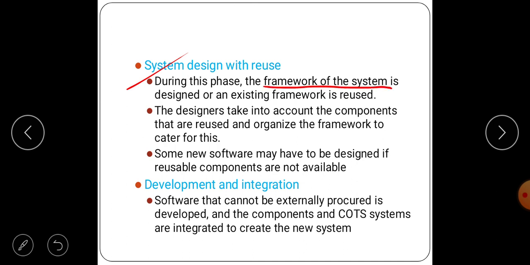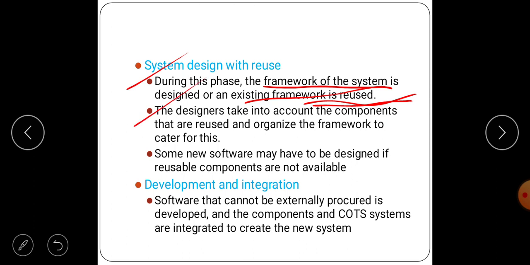That is nothing but the blueprint of the system is going to be designed, or an existing framework or existing blueprint will be reused. Means we are developing this bank software, and another bank software's blueprint can be used here.